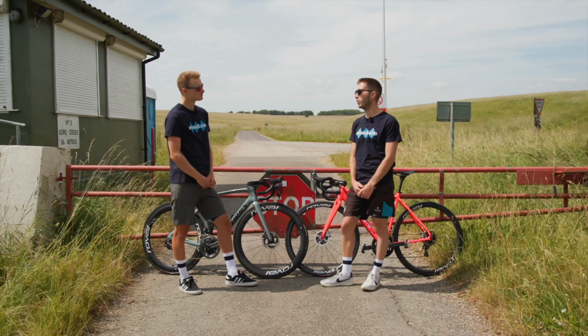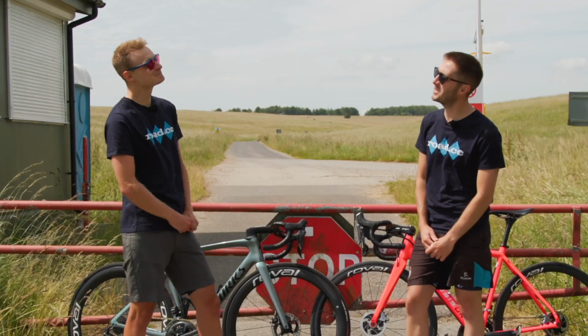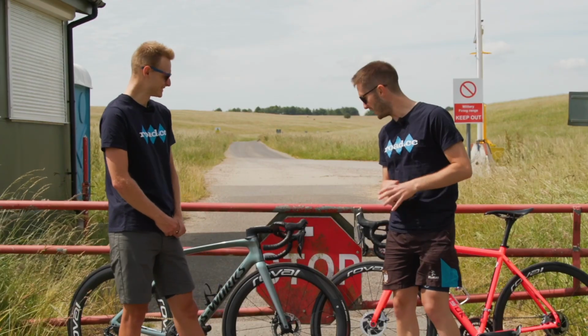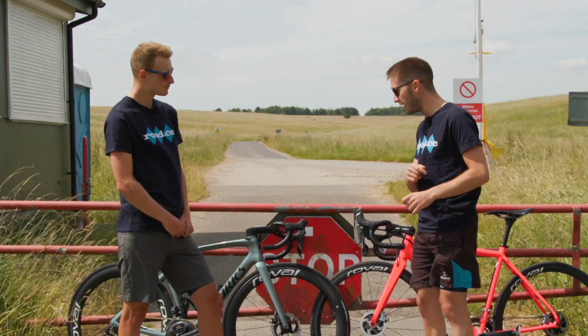Of course, the reason that Roval's gone back to the tubeless system is that it's faster. At 40 kph, they say that it will save you 1.7 watts per wheel. Oof. What's that, 3.4? No, 3.5. How have they come to that, I wonder? Anyway, even though their maths are maybe a little bit off, what we also have in these wheels